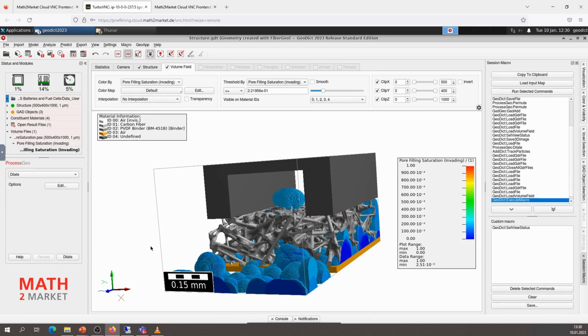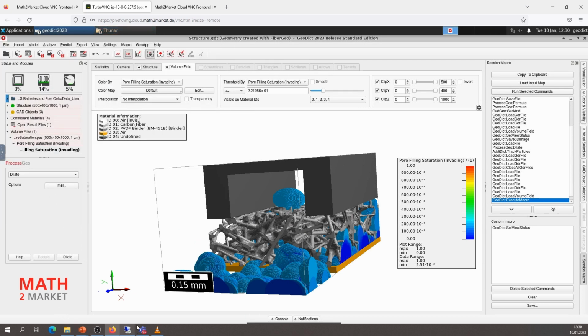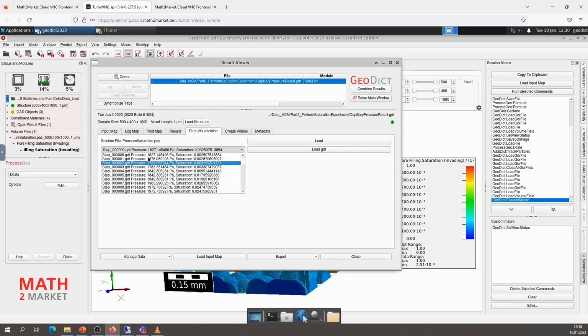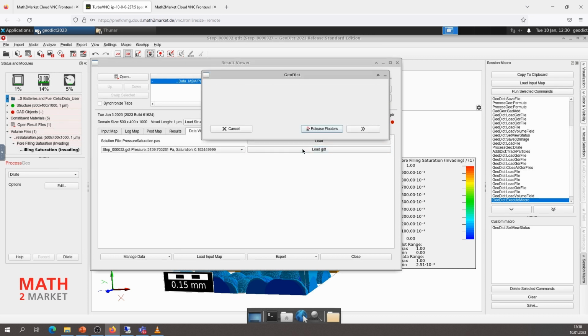Firstly, we have to load an intermediate structure. Because here the droplet is the flow field, so it's not a structure, it's just where the water is. And we load one of the structures that is a part of it. I open again the result viewer. I'm not 100% used to. So here are the different steps. And for all the steps we had now with the flow fields, or with the calculated places, we have the structure together, and we load the structure, and I think the structure 32 should be good.